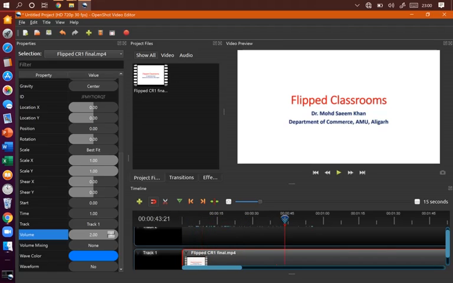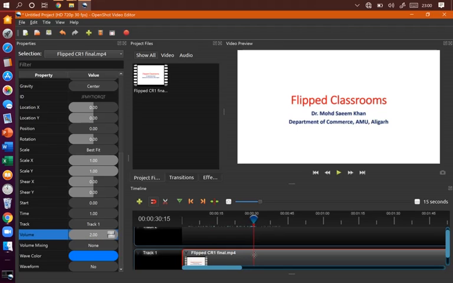And it is showing 2 because I had earlier done this setting and I had changed the volume from this point onward. So okay, this is another thing you can do. If you feel like increasing the volume in the beginning of the video and after say 30 seconds you feel like the volume should be up to the value of 2, what you have to do, just put this blue cursor over here, go to the volume and enter this value 2.0.